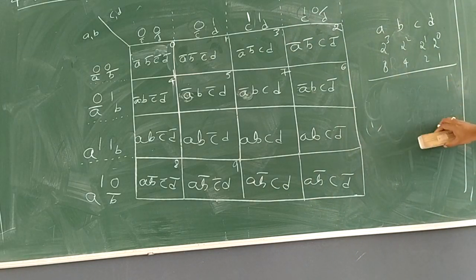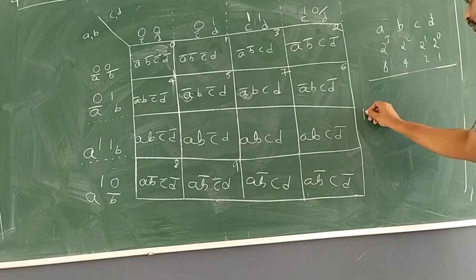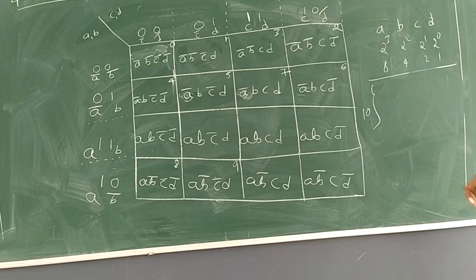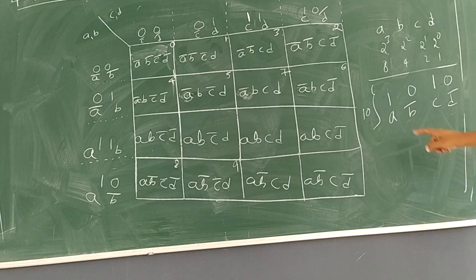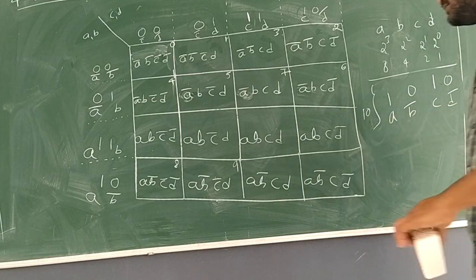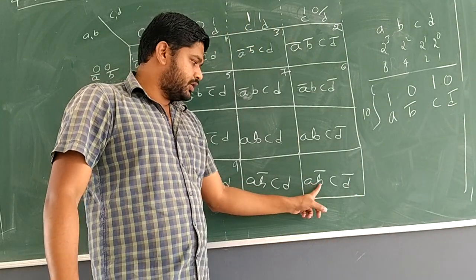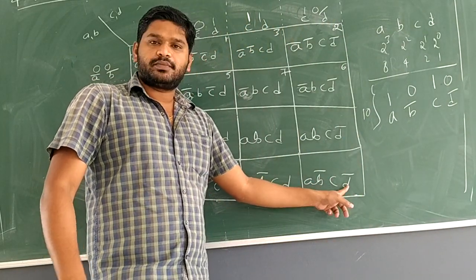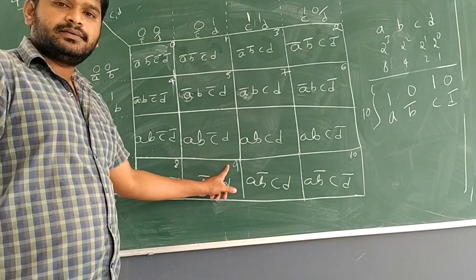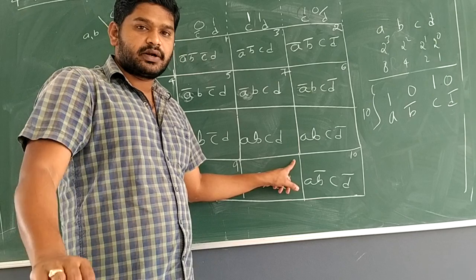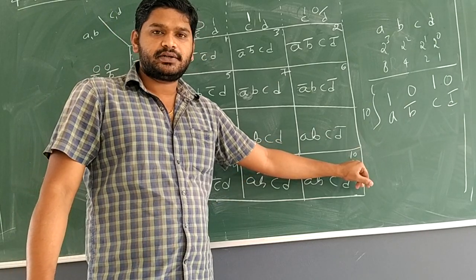Okay. So now, where will we get the value 10? How to get 10? 8 plus 2, that is 10. Now write the representation: A, B complement, C, D complement. Find this term. That means here we will get 10. 8, 9. Here it is not a 10. Again you skip and write 10.